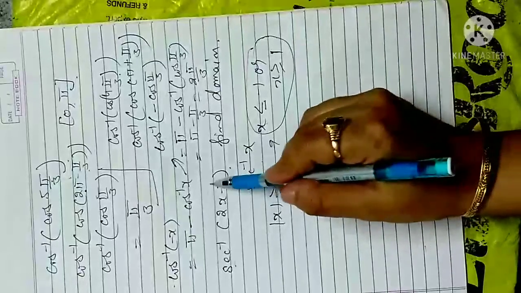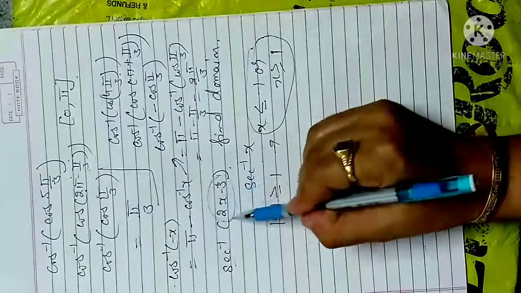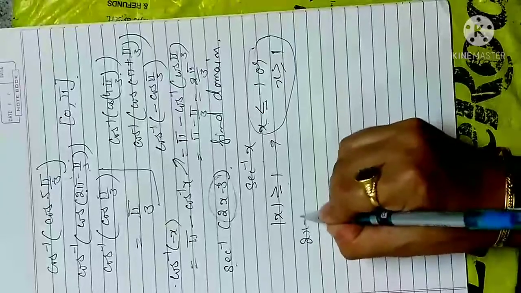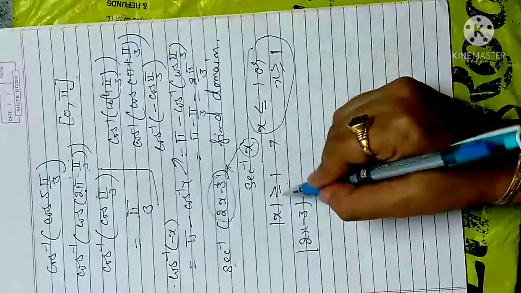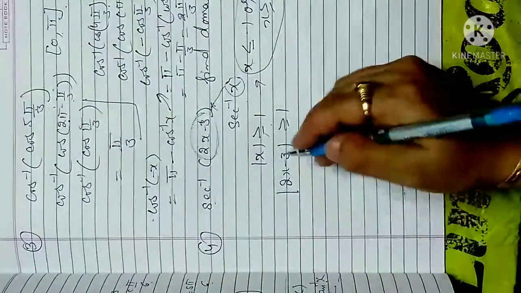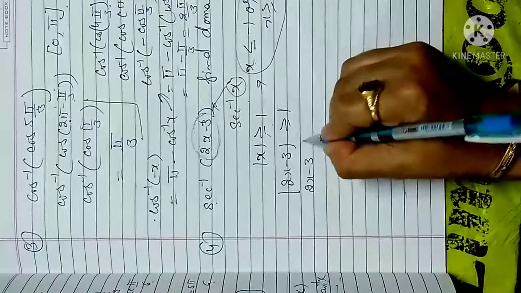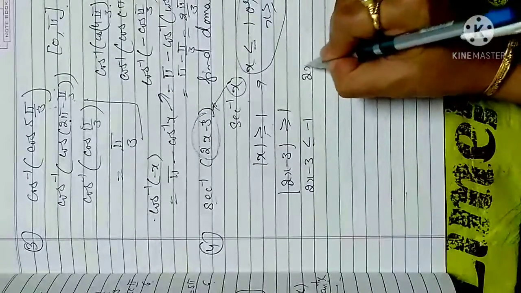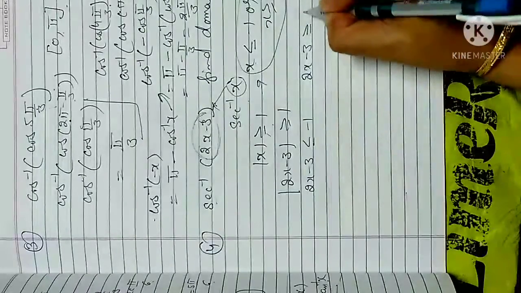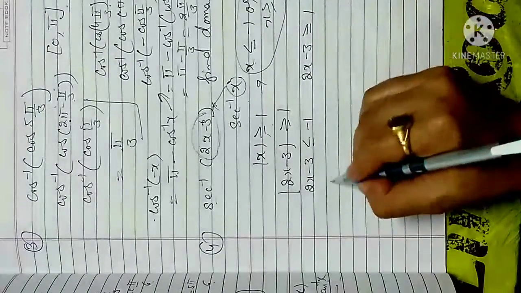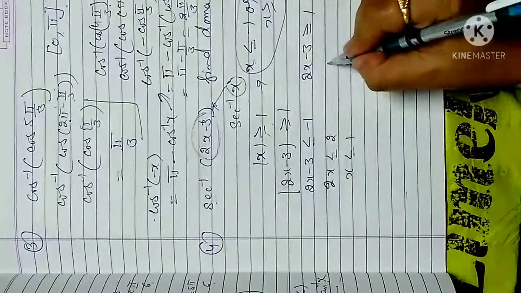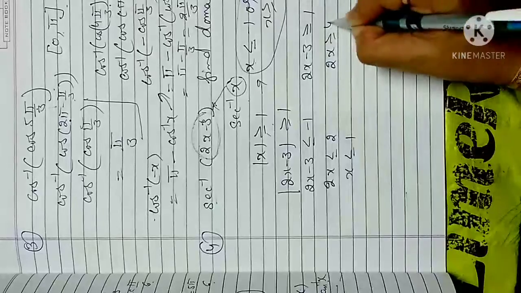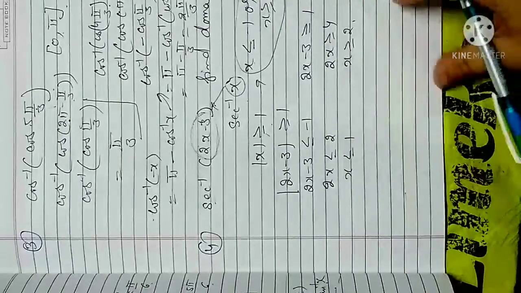So what I will do, I just pick whatever is present in place of x, 2x minus 3, and apply this rule, because in place of x there is this term, so according to this it will be modulus greater than or equal to 1. That means once you go with the positive and once with the negative. 2x minus 3 greater than or equal to 1. Now you try to find the x value here, 2x less than or equal to 2 and x is less than or equal to 1, and here 2x greater than or equal to 4, x is greater than or equal to